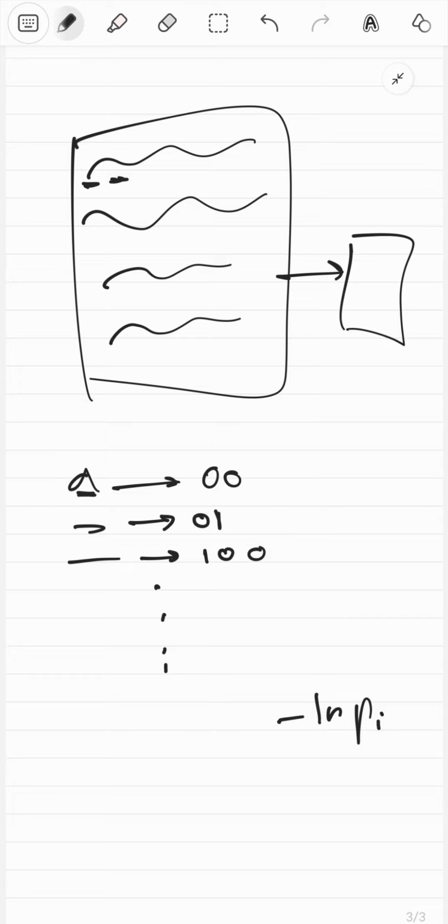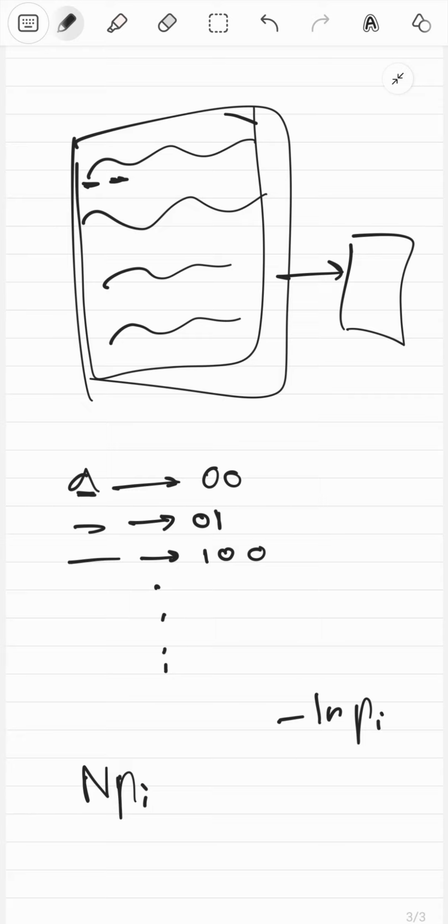So that's just going to be the total number of bits, right? Now how do you figure out the total number of bits? Well, figure out the total number of characters over here. Let's say that those are n, so n times pi is the number of characters